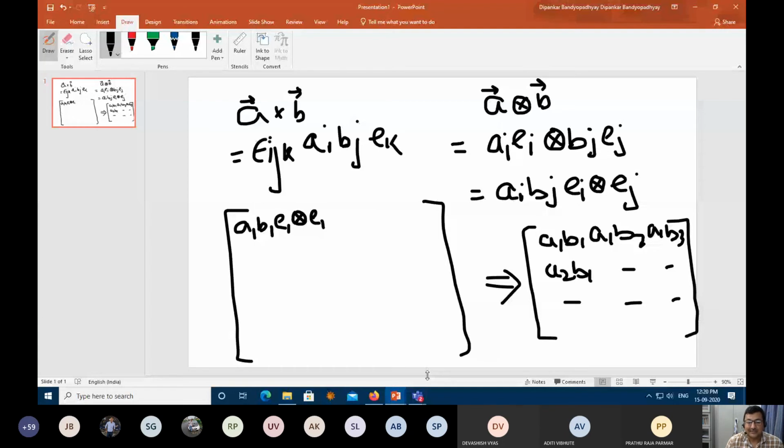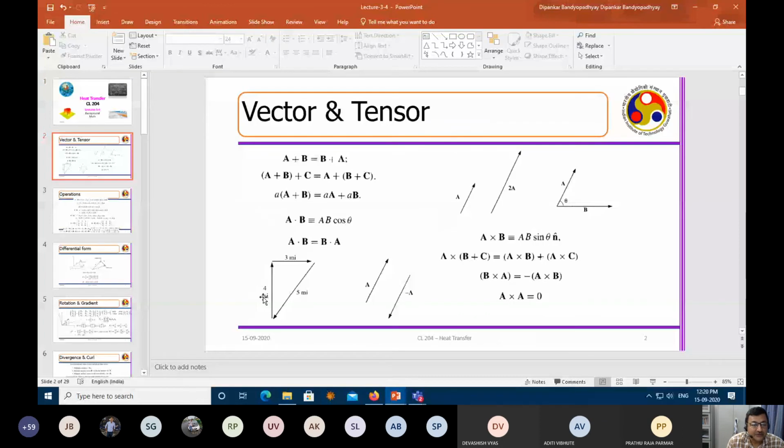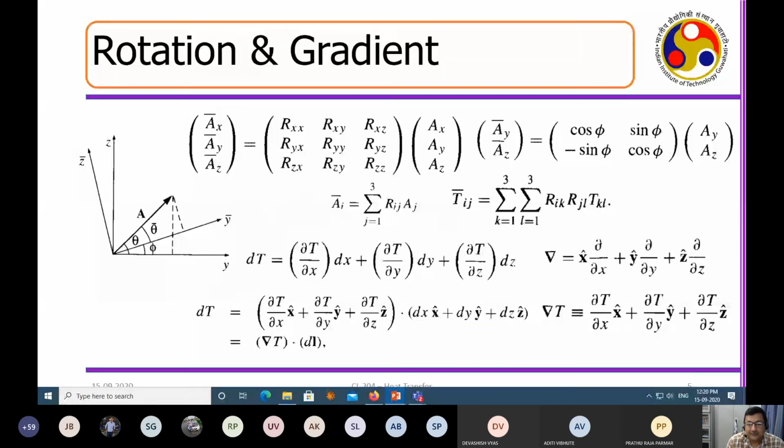So let me connect the whole thing to the process that we were doing. We started with this particular slide where we had only temperature, correct? And when we multiply the temperature by the gradient operator, we get the temperature gradient. Why? Because we saw this appearing very frequently in Fourier's law of heat conduction. So what is a gradient of temperature? In a one-dimensional space, you can say dT by dx. But for engineering calculations, you need to know the temperature variation in this room. The temperature variation in this room is nothing but the gradient of T, which is a vector.